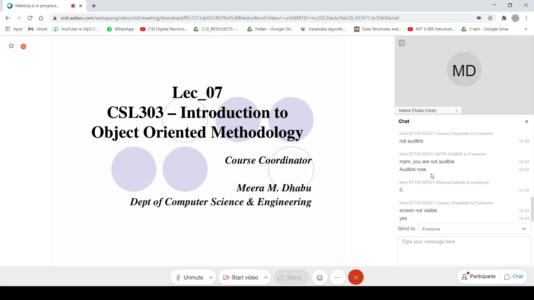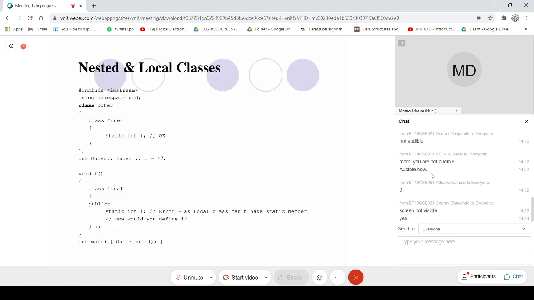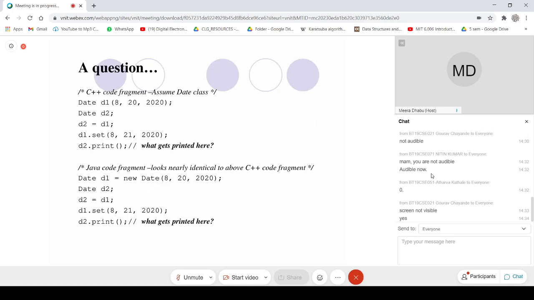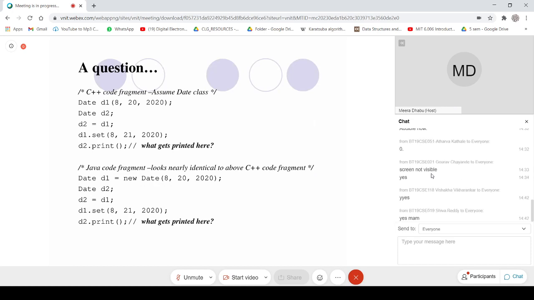Are you able to see the code? Okay, great.